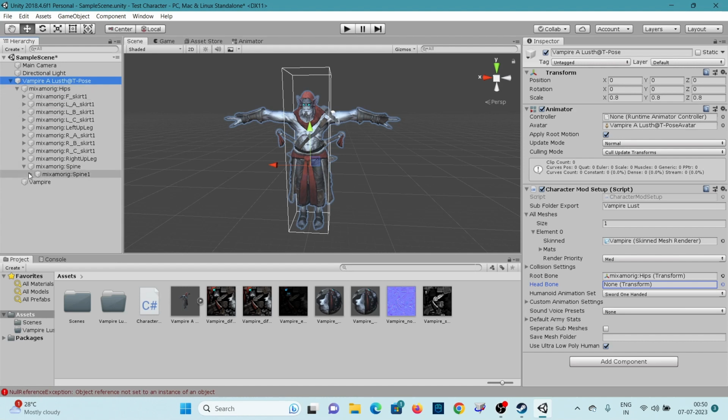Then you can go to spine, spine 1, spine 2. Can go to neck. Then there is head. So this is your head bone. Select the head bone and drag it. Click and drag. As our vampire doesn't have any weapons in his hands or something, we're gonna use